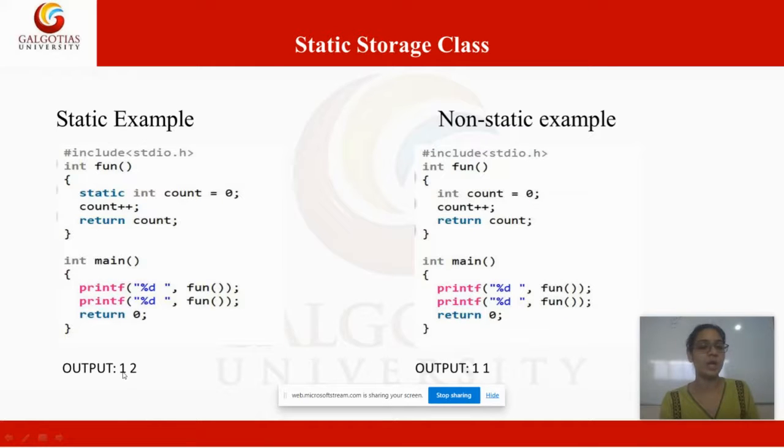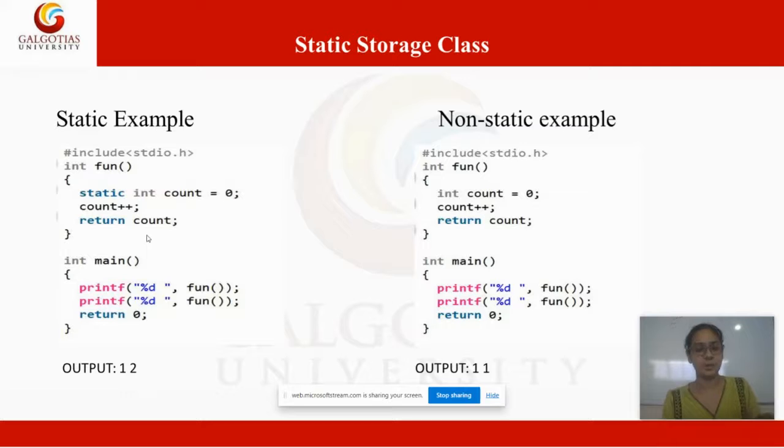Whereas here we get the output 1 2, because in between there are two calls of the fun method. In the first one, the value was initialized to 0 and then it was incremented by 1. Now this value will hold. It will not disappear. Static int count will hold this value 1, and the next time this fun method is called, it will not be redeclared to 0. It will use the previous value of the count variable, which was 1, and it will increment it by 1. So now the new value is going to be 2, and that is why we're getting that in the output. I hope this is clear. You can explore more examples of the static keyword to understand it in a better way.